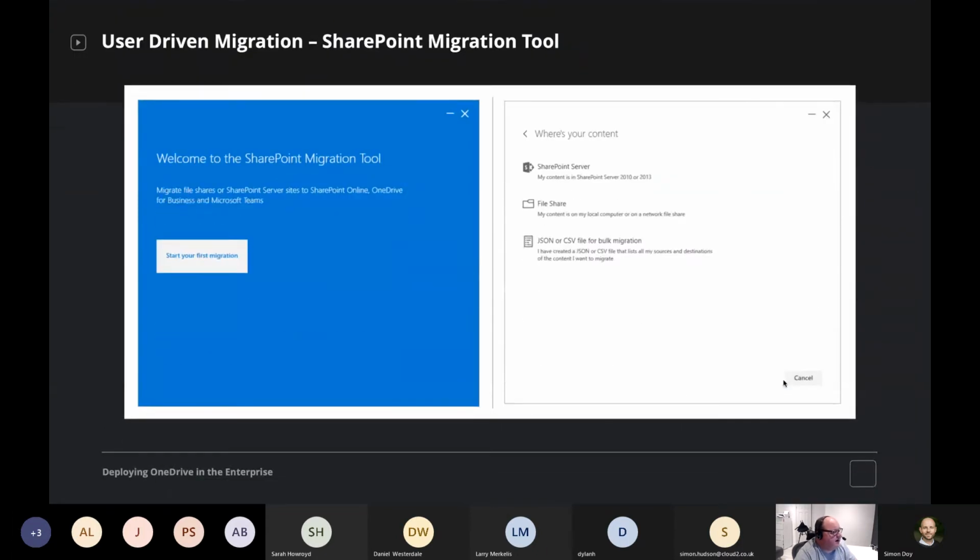There's also the option to do user-driven migration using the SharePoint migration tool, and we have used this, and it is quite useful. So you've got a couple of options really. You can make this available to the users to download somewhere on your network or deploy it to their machine, and just provide them with a set of instructions. And it's quite easy to use, and they can just add the locations they want to migrate into their OneDrive, and with a bit of guidance, if they're a little bit tech savvy,